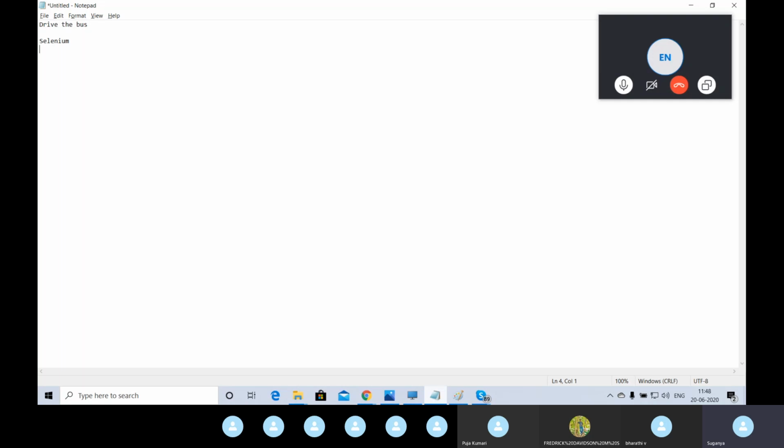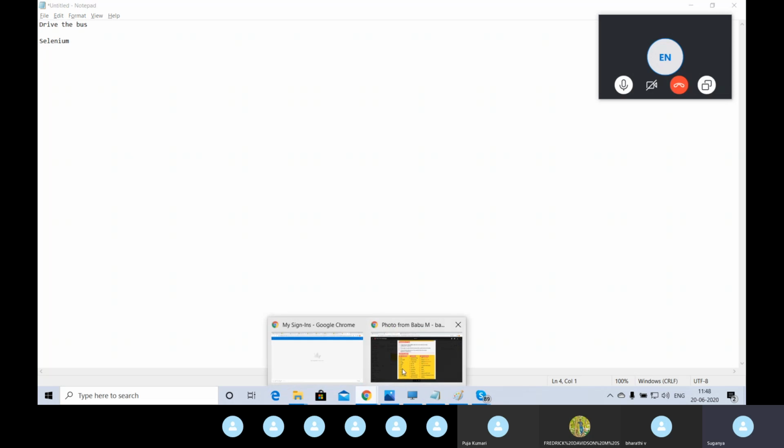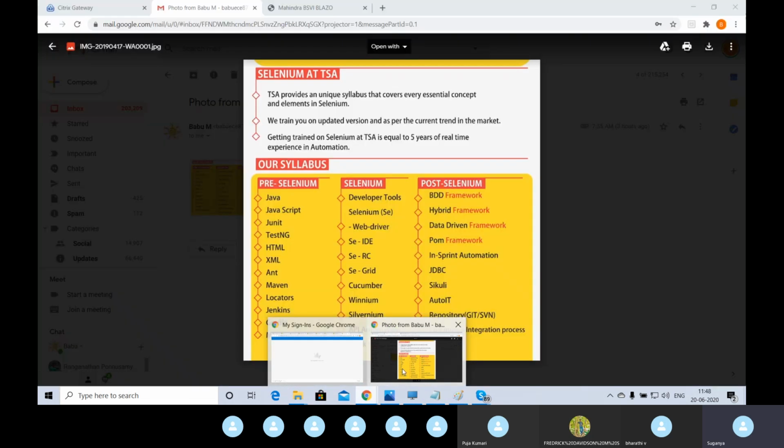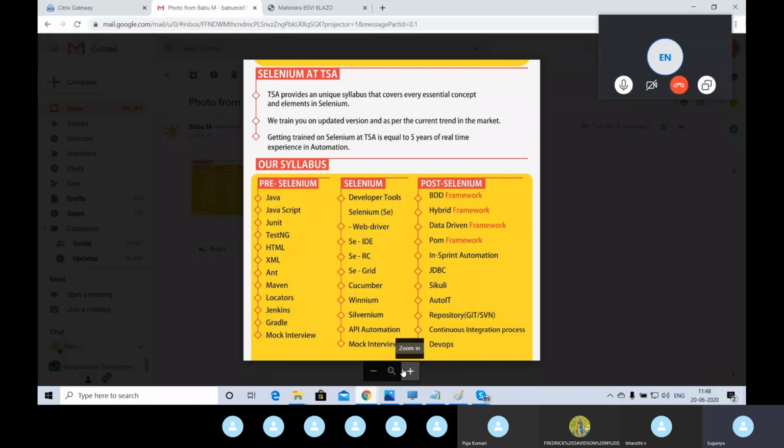And now you are very well clear about what Selenium is, what Selenium can do, what Selenium cannot do, and how we are going to achieve the activities which cannot be done by Selenium. Now you clearly know all these things, right? As I said, it is going to automate only the web browser, and Selenium has 4 components: Selenium IDE, RC, WebDriver, and Grid. These are the 4 components available in Selenium.